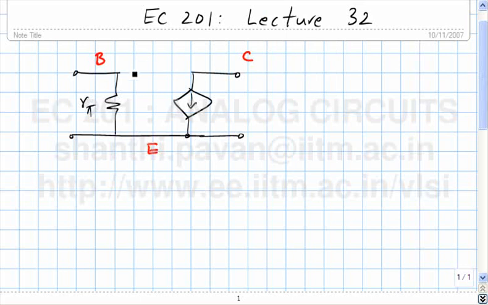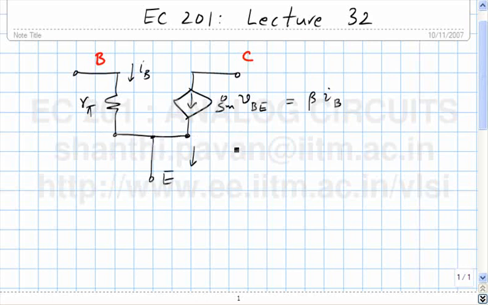And the base current is IB, the incremental collector current is GM times the incremental base emitter voltage, which can also be written as beta times IB, right? And we saw that the current in the emitter must be IB times 1 plus beta, and from